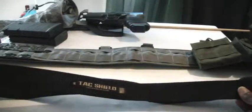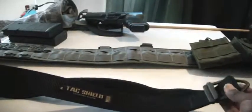I've been wearing this belt in my day-to-day. It's a little bit much. It's the rigger style. I guess people call them a rigger's belt because it has pretty good tensile strength. The belt itself,